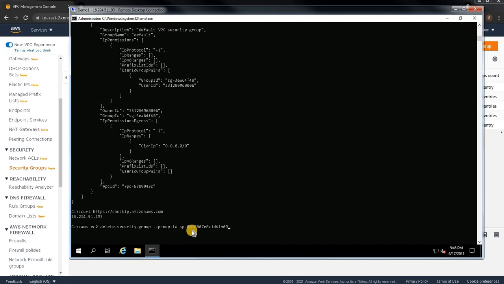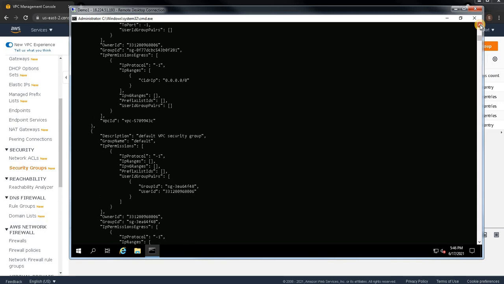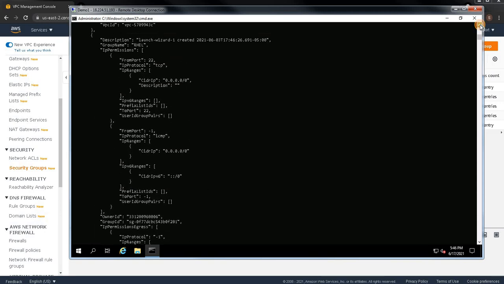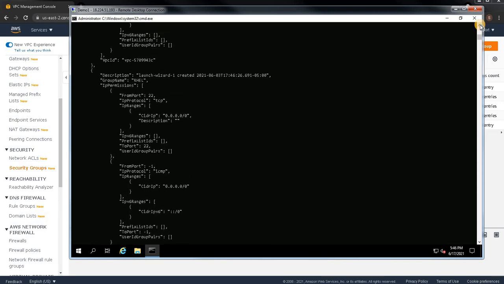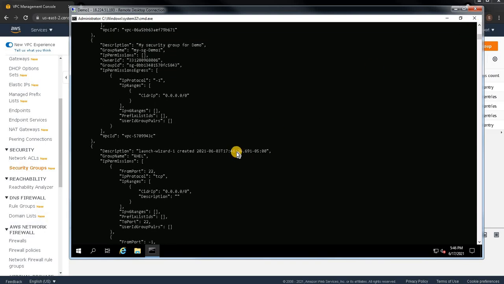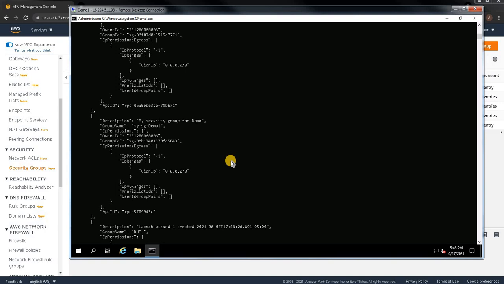Now here what we need to do is give the security group ID. Let's see what our security group ID is. You can take it from anywhere, from the console also, and from here also you can take your SG1 security ID.